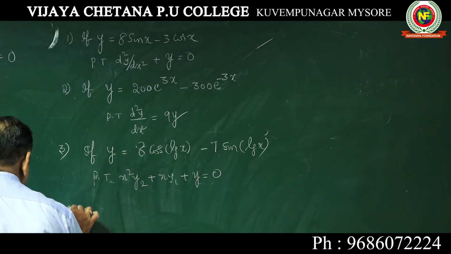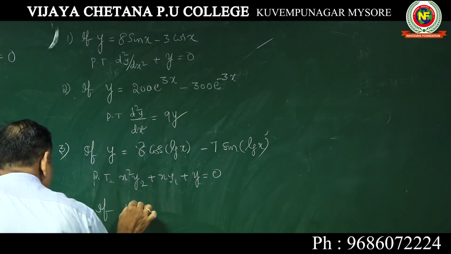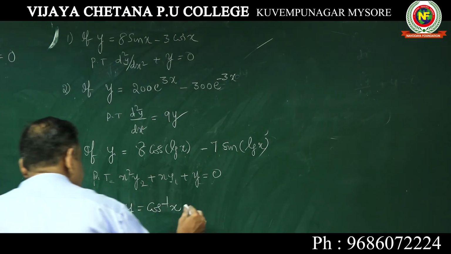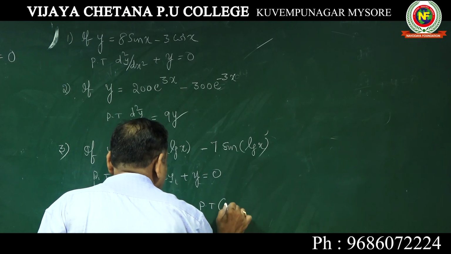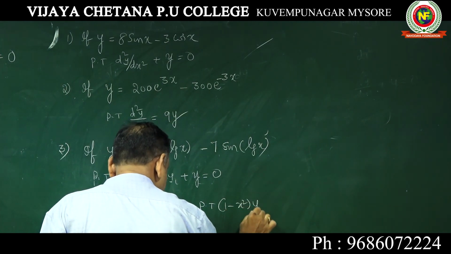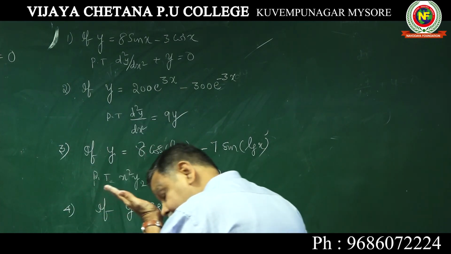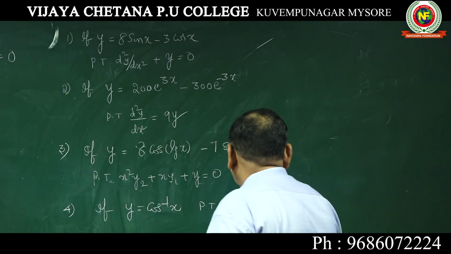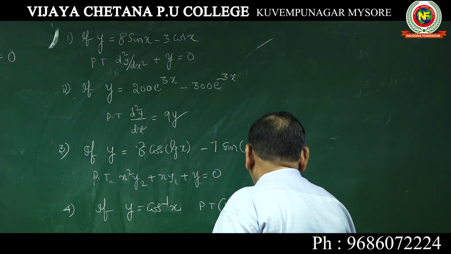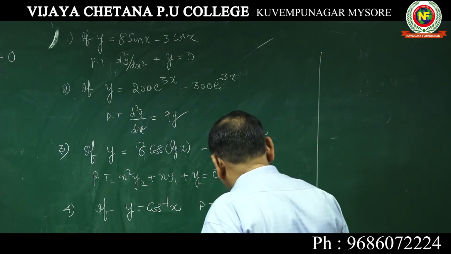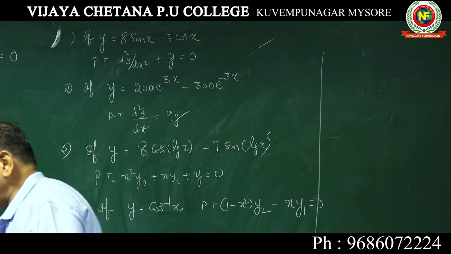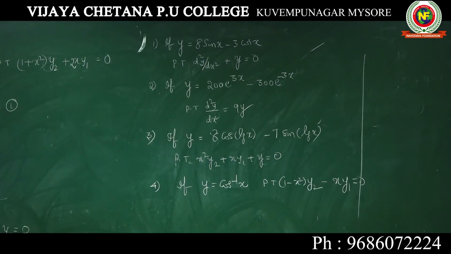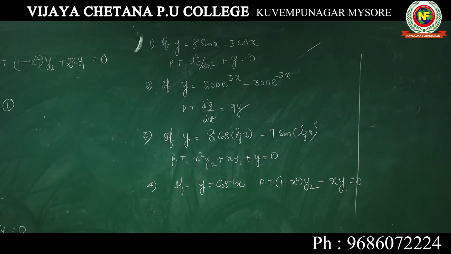And the last problem we can take. If y is equal to cos inverse x, prove that (1 minus x square) y2 minus x y1 is equal to 0. So these 4 problems, please do them. They are very important problems. Try all these things and we should take up